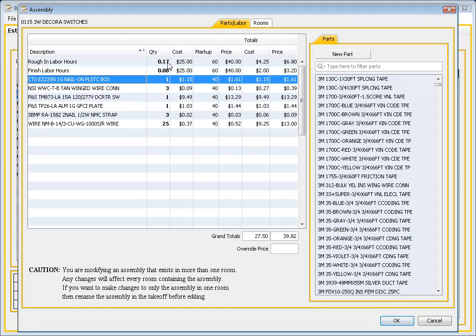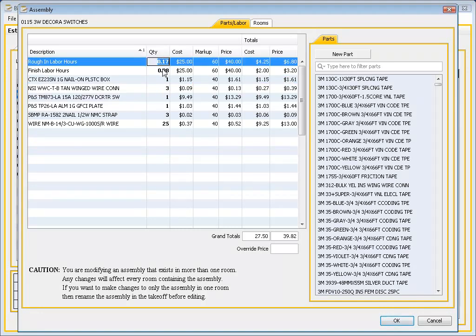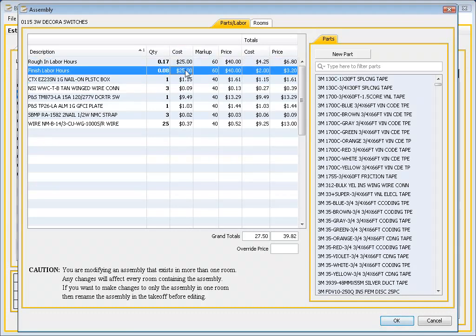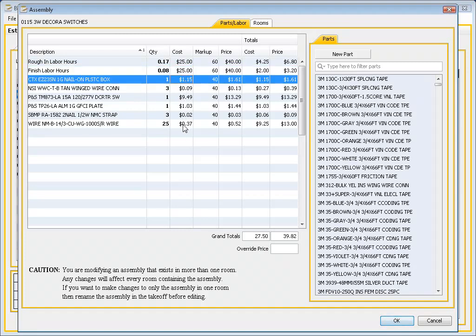For rough-in and finished labor, the quantities are typed in hours, so 0.17 would be about 10 minutes. If it were 0.25, that would be about 15 minutes. 0.5 would be a half an hour. The quantities of the parts are self-explanatory. The third column shows us the cost. The first two lines show the cost of the labor as set in the Pricing tab. After the second line, we see the cost of the parts, which is taken from the information on the parts